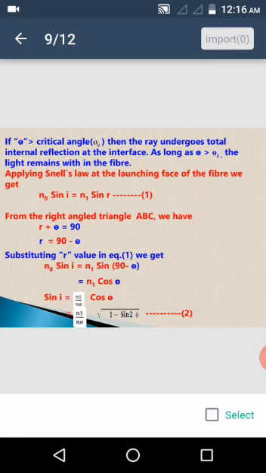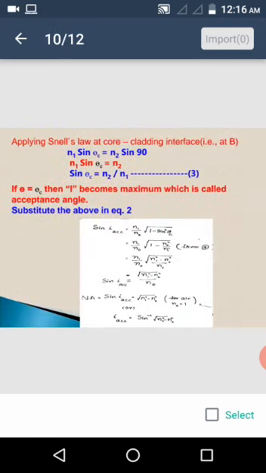Now substitute this r value in equation 1, we get n0 sin i is equal to n1 sin of (90 minus theta). This is equal to n1 cos theta. Therefore sin i is equal to n1 by n0 into cos theta. Therefore this is equal to n1 by n0 times the square root of 1 minus sin square theta. (Equation 2)